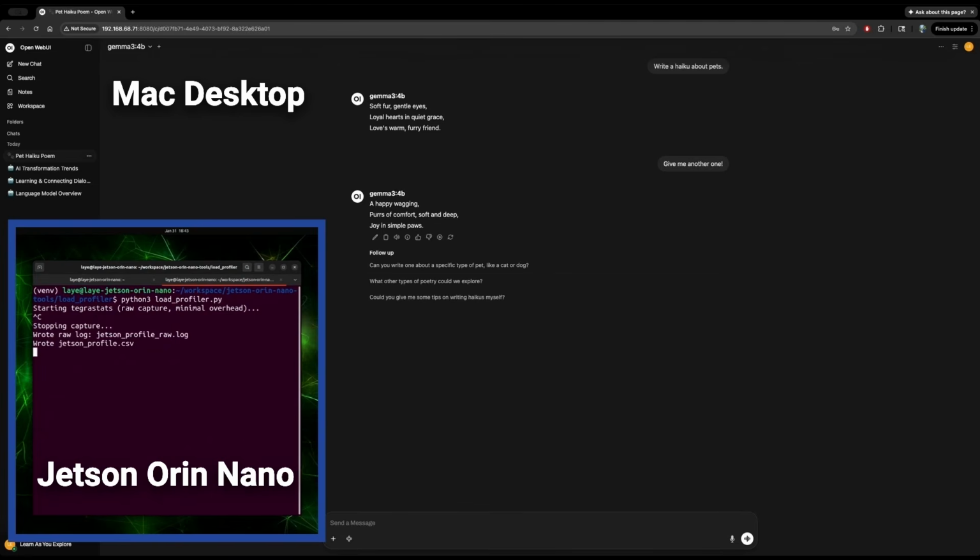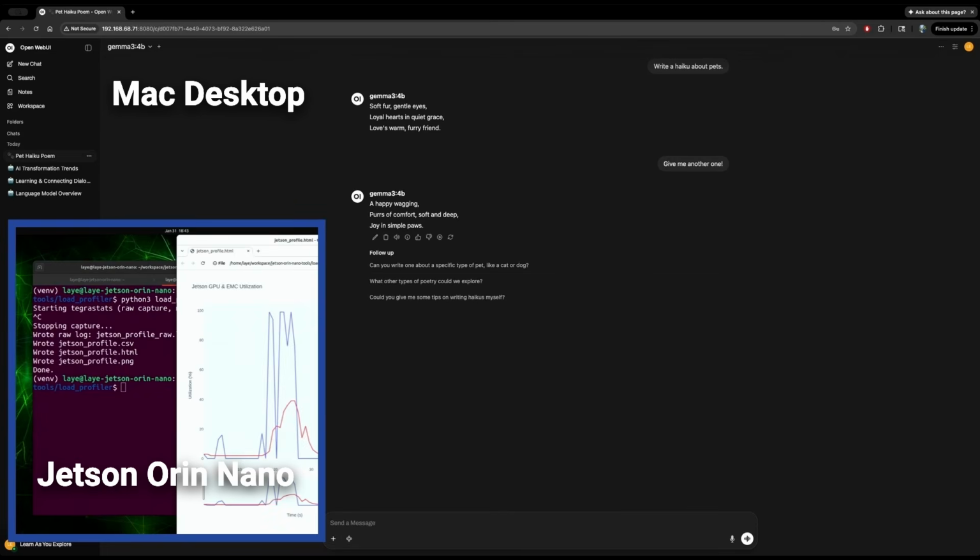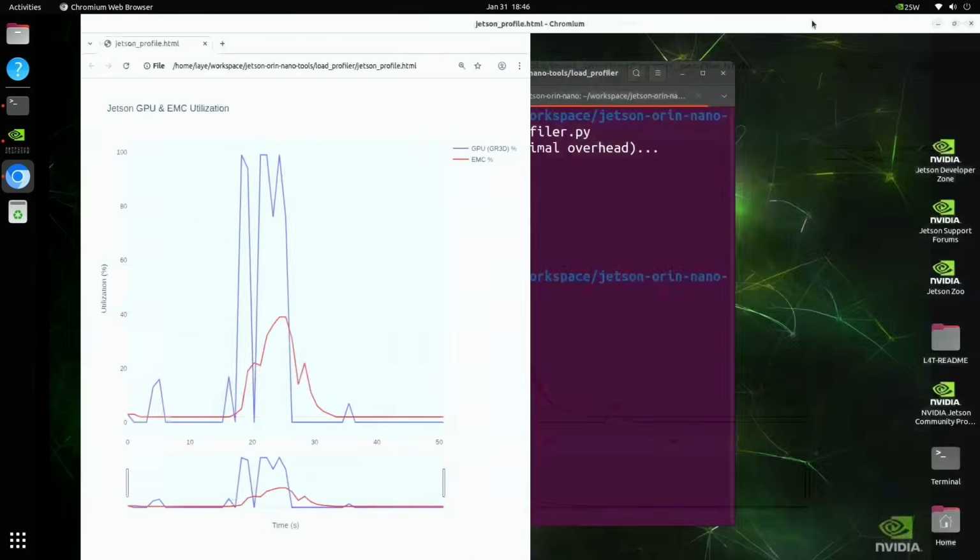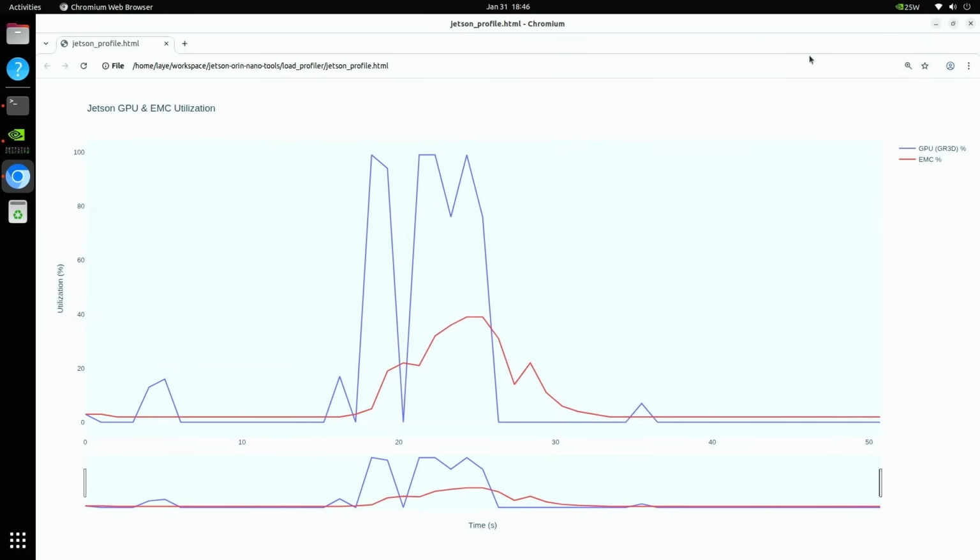Let's stop the script. Let's get back full screen to the Jetson Orin Nano's display so we can see what the profile looks like. Now that we have the plots, let's take a look at them. In this plot, you can clearly see that the baseline GPU load has gone down to close to 0%. Every now and then there's some load given to it, but mostly it's gone down to 0%